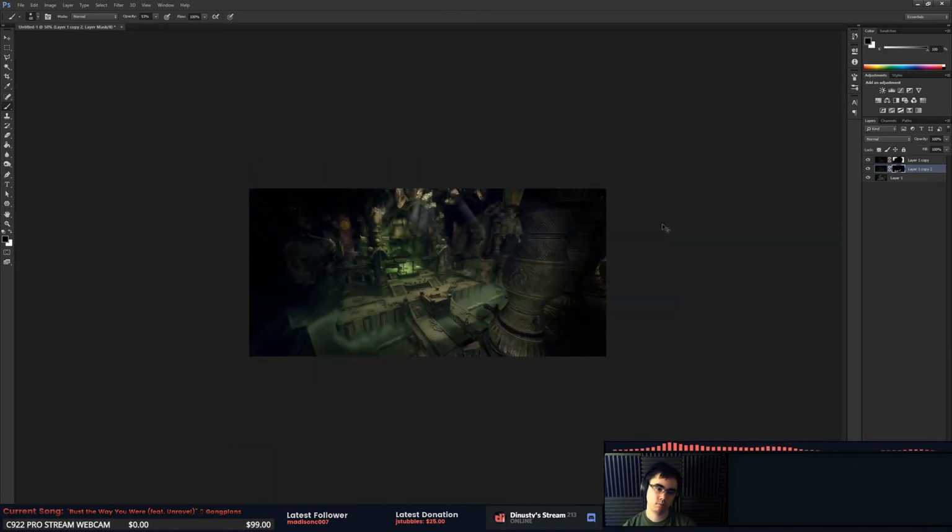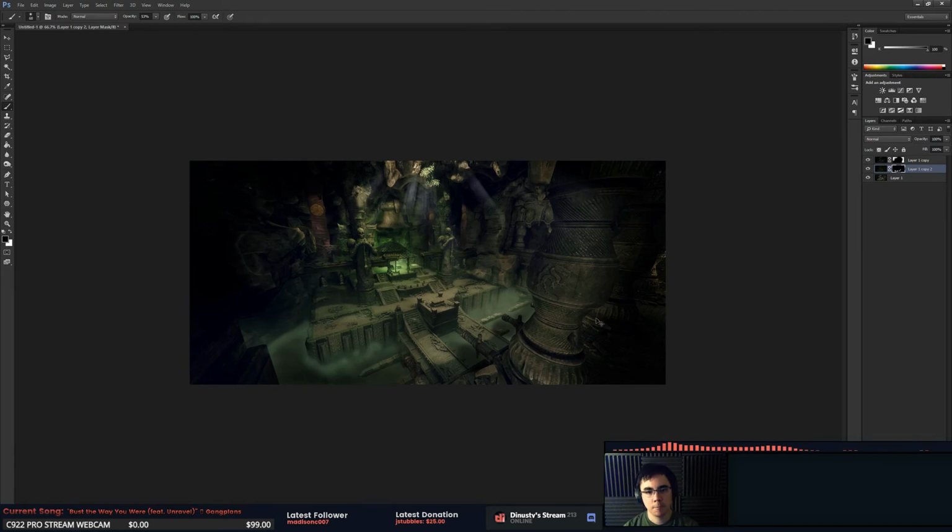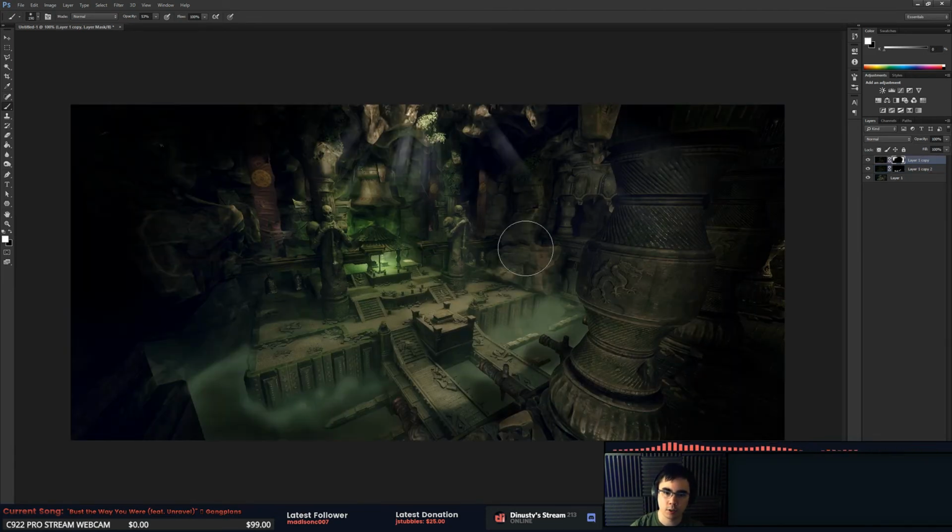I don't know. And then kind of drawing focus away from the stuff to the side just a little bit. It doesn't have to be really dark. I mean, I'm making it pretty dark, it looks like, but